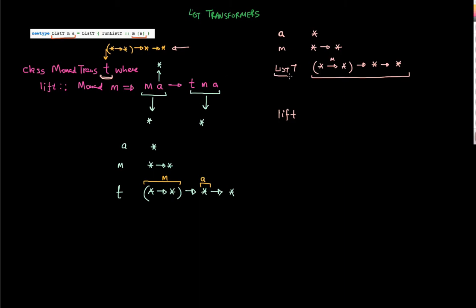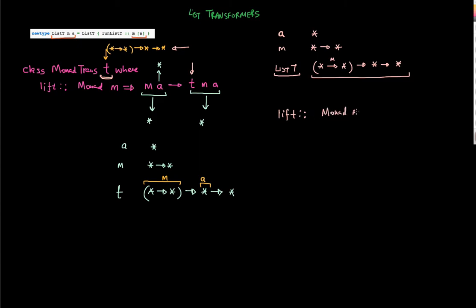Okay, so wherever I see these t's here, you can think of these t's now being replaced by list T. So let me do this. Let me first write the type signature again, the standard type signature for the lift method in the MonadTrans class, where